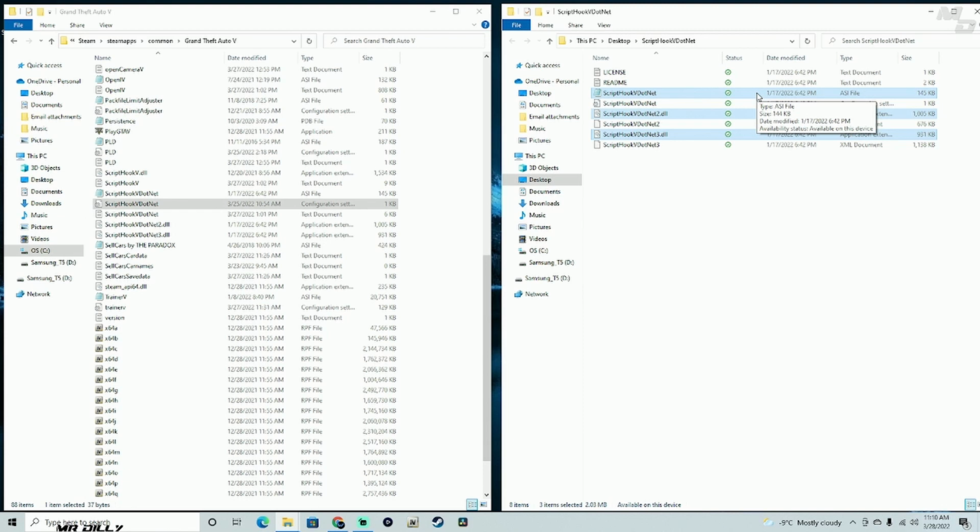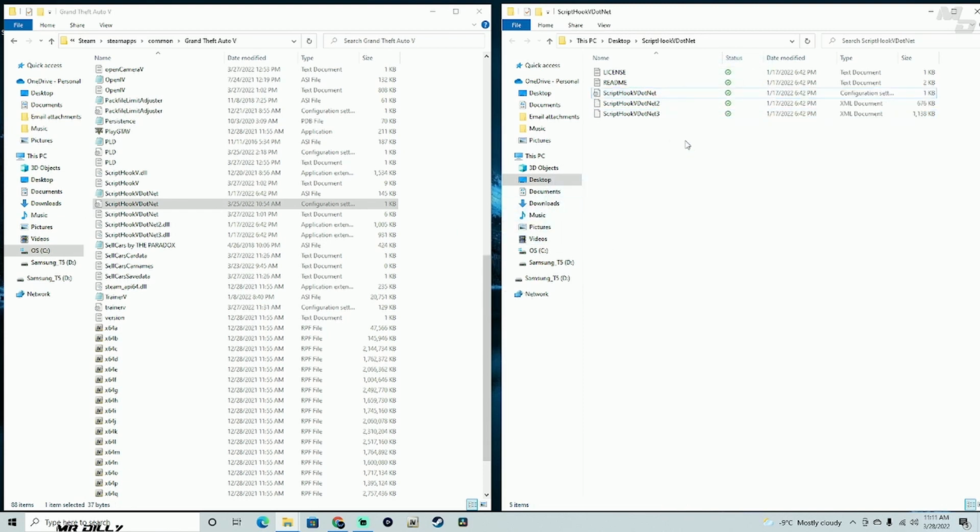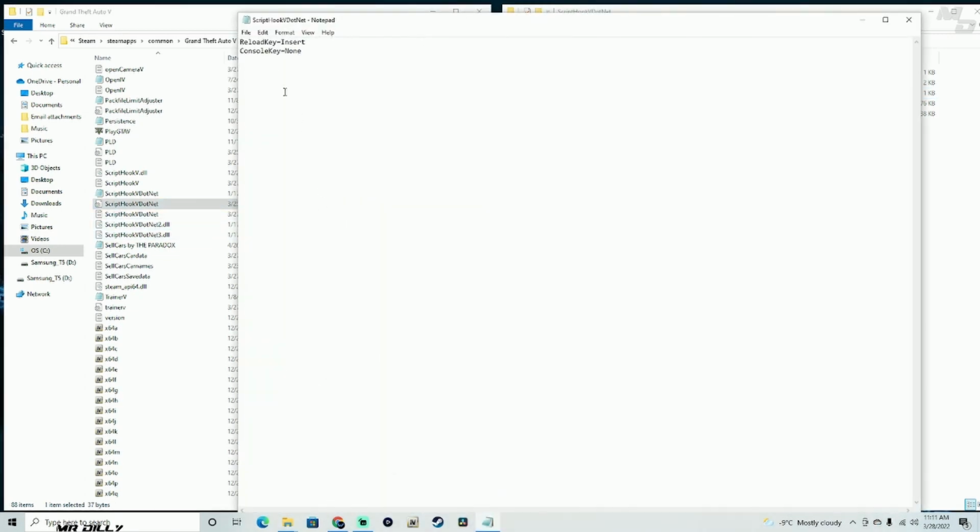If this is not your first time, go ahead and drag and drop these 3 files in here. All right, if it's your first time, go ahead and go to your configuration settings over here. Make sure your configuration settings over here, I think for you is going to say like none, if I'm not mistaken. Just go ahead and change it to insert, and then for the console key is going to say like